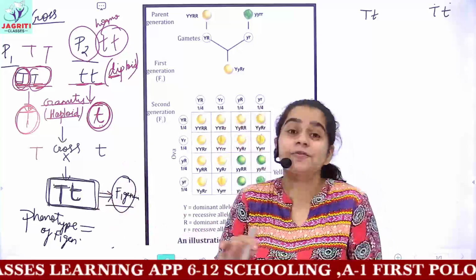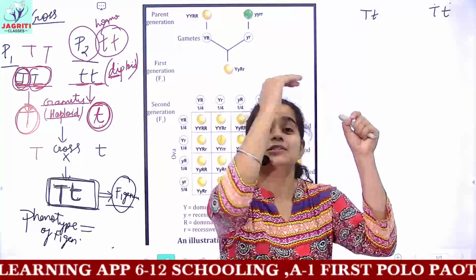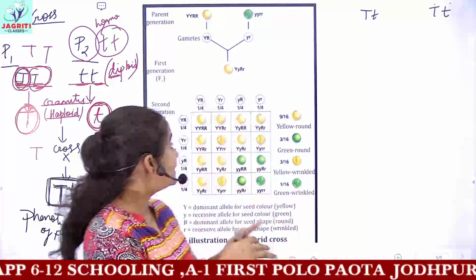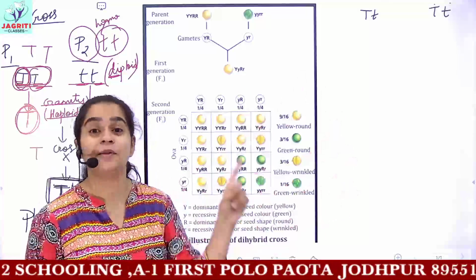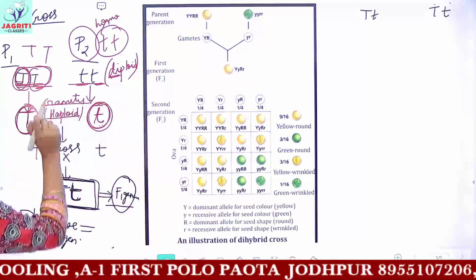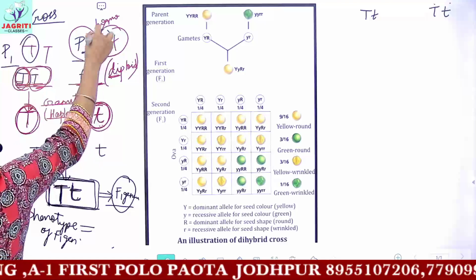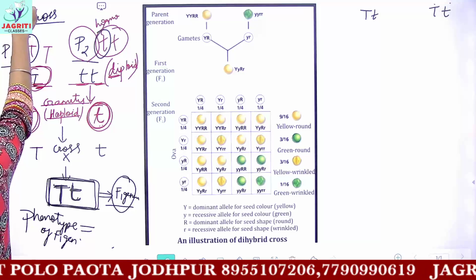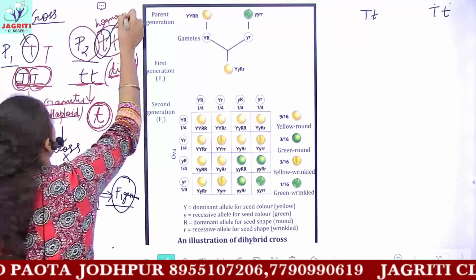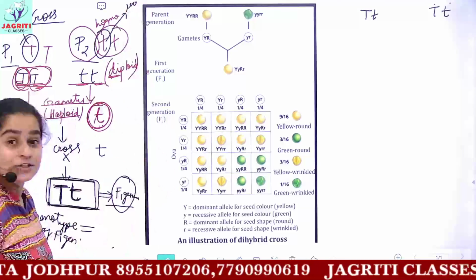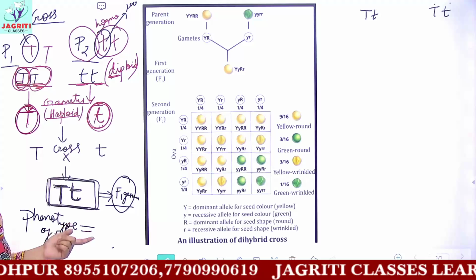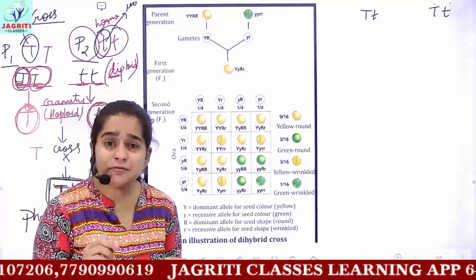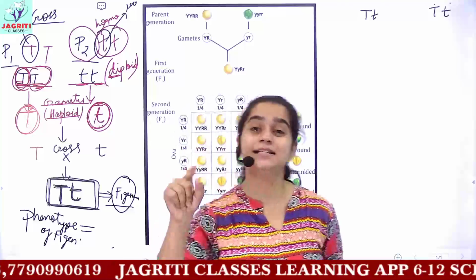And if you have learned the 7 contrasting traits of pea plant given by Mendel, which I discussed here in the form of a diagram, then you will remember that whenever you are taking tall and dwarf, tall acts as the dominant trait and dwarf acts as the recessive trait. So here in the F1 generation, the dominant trait will get expressed, and even you define the dominant trait in this manner only.